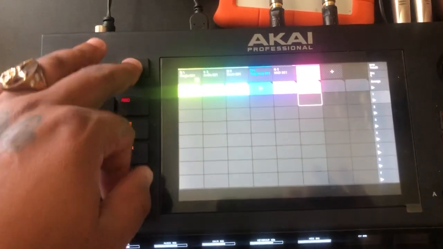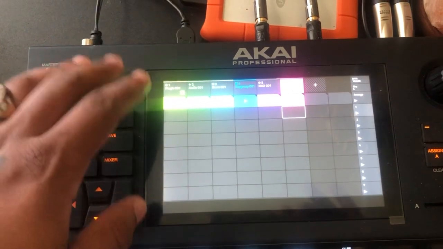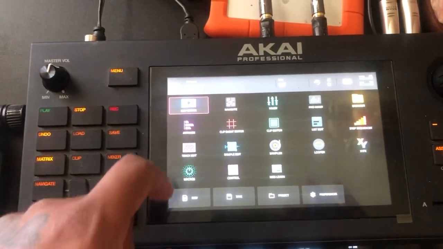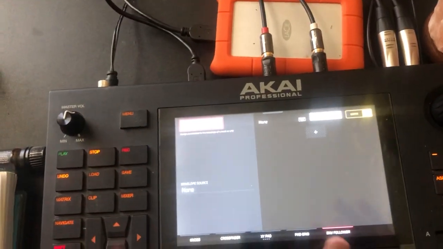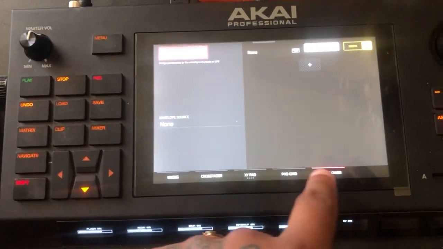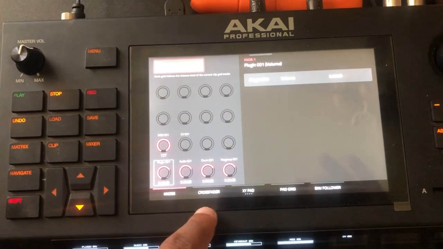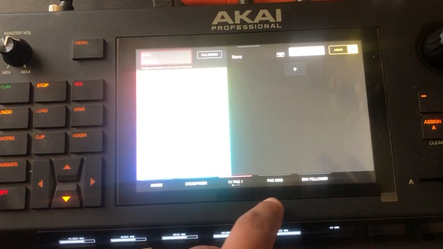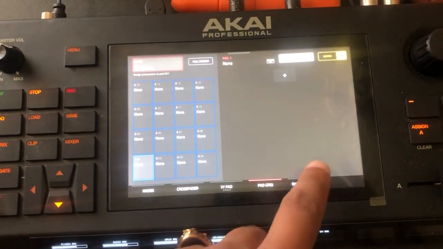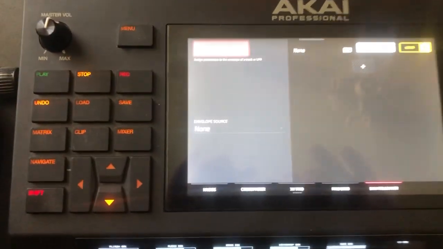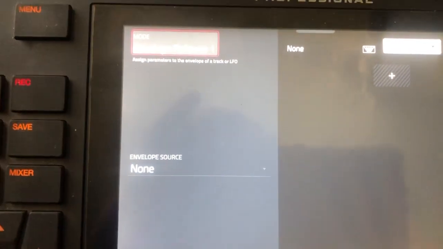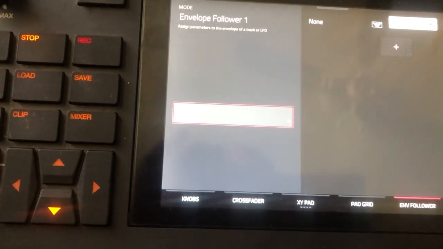Okay, so what you do to get to the LFOs, push menu, push macros, go to envelope followers. It's at the back right here, right? Because when you open up, normally you have knobs. You do crossfader, XY pad. You're going to go here, right? So if you pick envelope source,